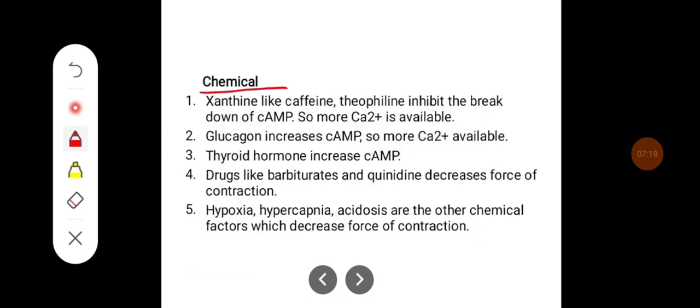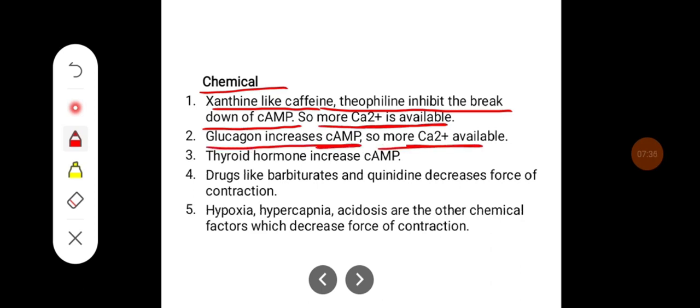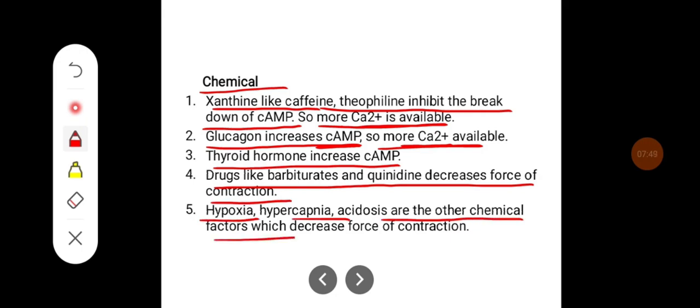Chemical substances like xanthine-like substances, such as caffeine and theophylline, inhibit the breakdown of cyclic AMP, so they help in more accumulation of calcium inside the cell. Glucagon increases cyclic AMP levels and hence the calcium levels. Thyroid hormone also increases cyclic AMP. Drugs like barbiturates and quinidine increase the force of contraction. Hypoxia, hypercapnia, and acidosis are the other chemical factors which decrease the force